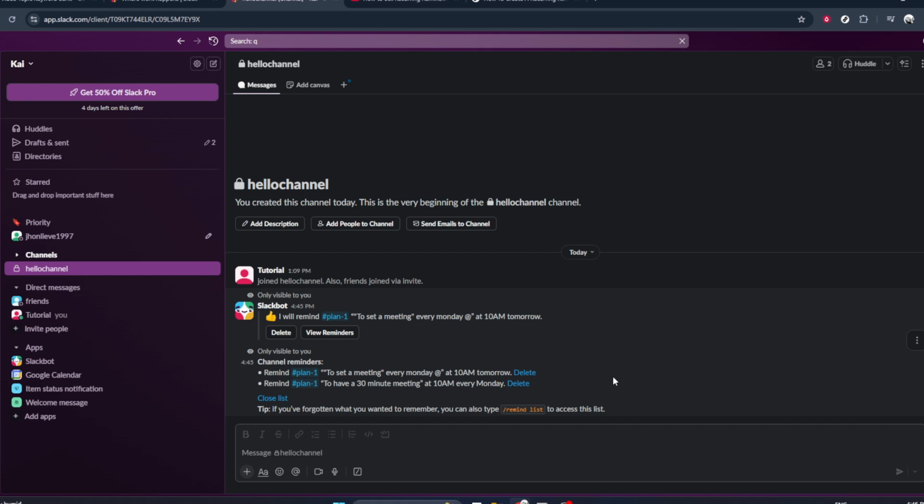And there you have it. Setting up and managing reminders in Slack is a straightforward process, making it easier to stay on top of your tasks and deadlines. Remember,